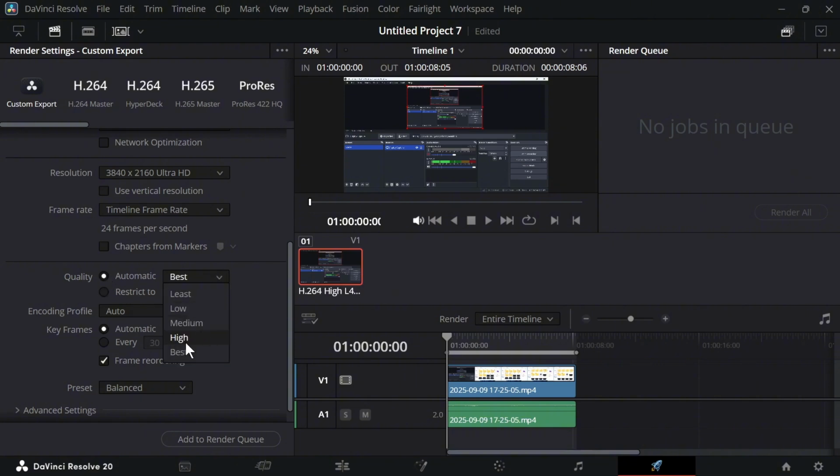Click on the drop down arrow and make sure this is set to best. And then you can just go and press add to render queue, and that's going to give you the best